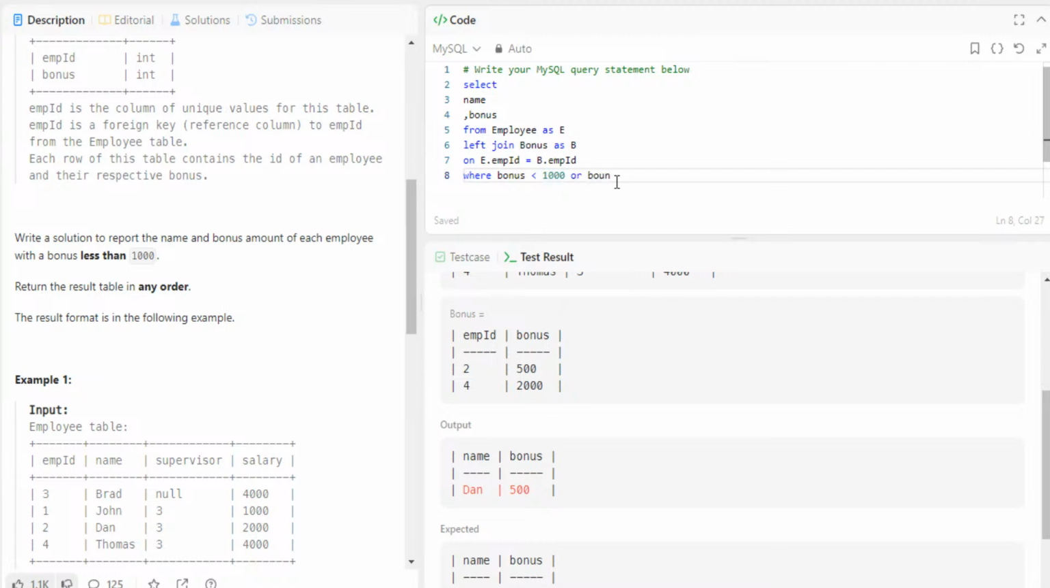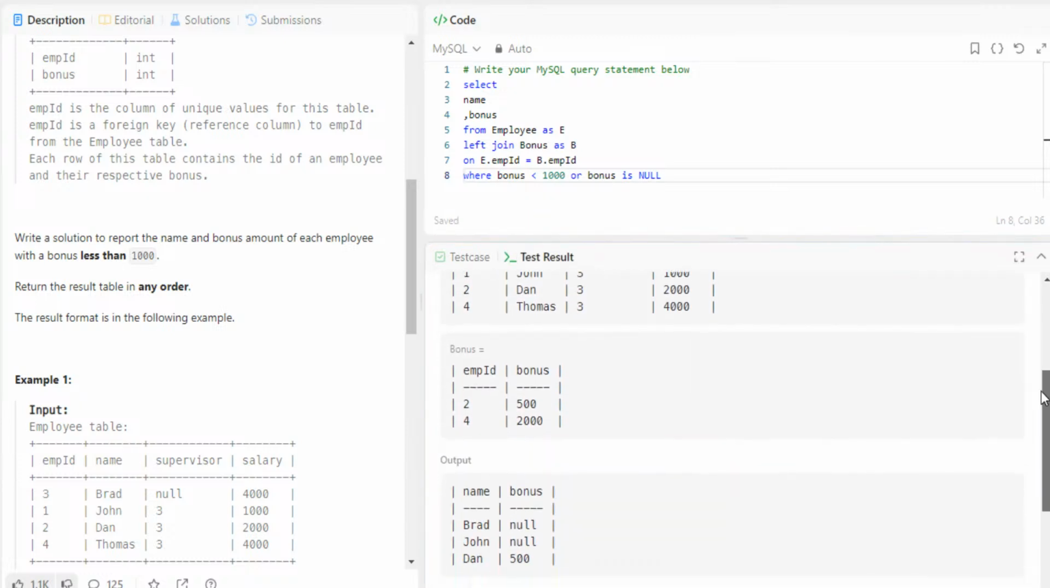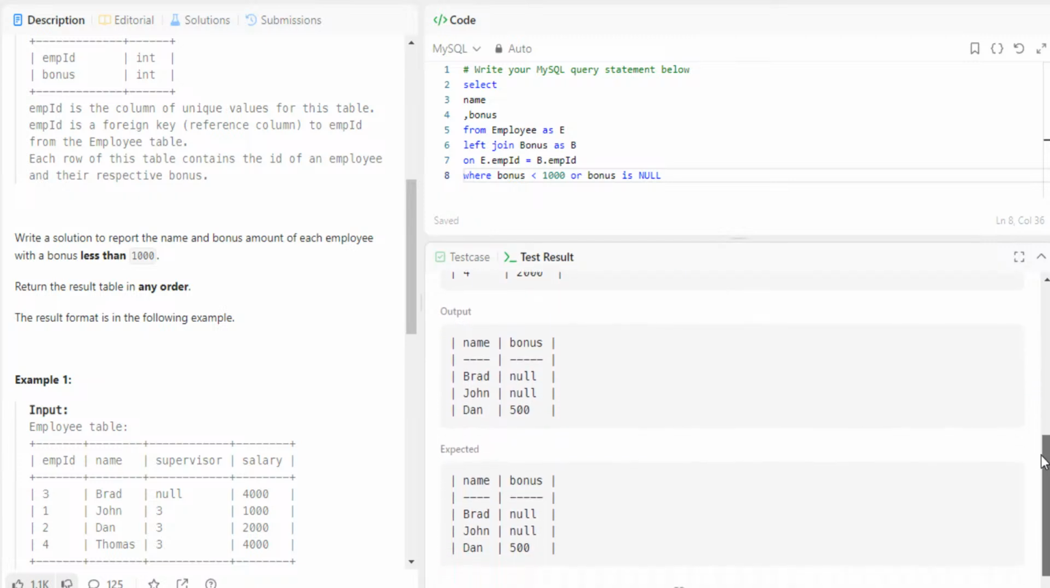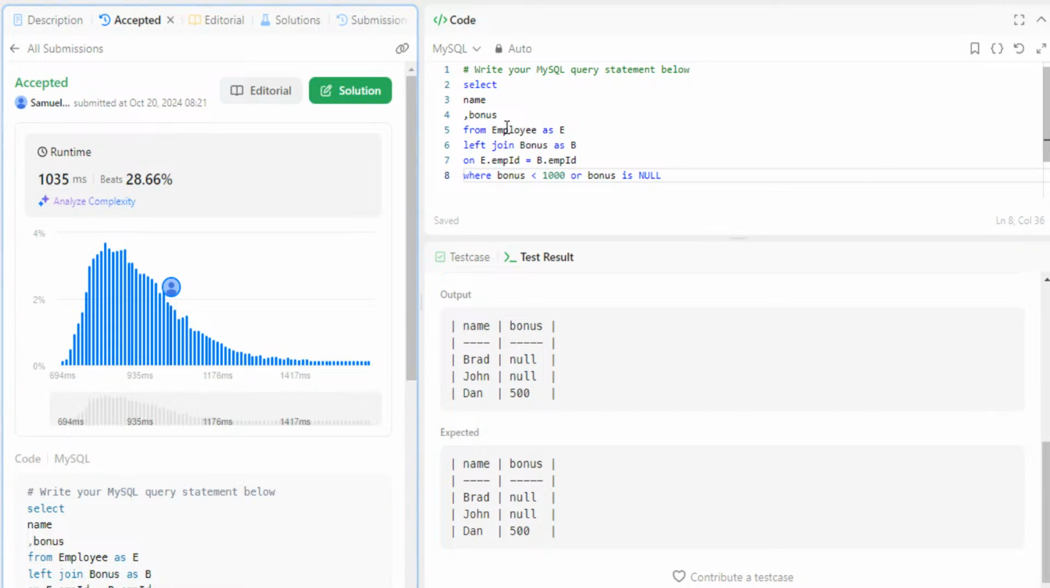Or bonus is null. So what am I doing here? Let's test this to make sure before I give my grand explanation. And that's very slow. How can they make this faster? All right. Seriously? All right. So what am I doing? Now, since null doesn't exist, and